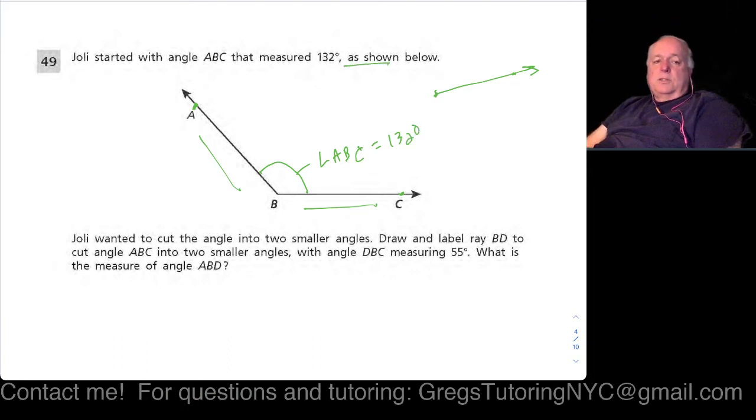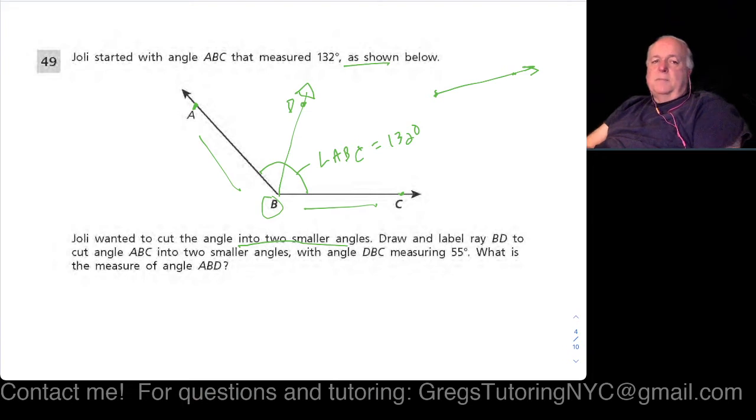Okay? Jolie wants to cut the angle into two smaller angles. So she's going to do something like that. Okay? Draw unlabeled ray BD, so it starts at B. So we would have a ray like that. You have to draw it, and D might be there. Okay? To cut angle ABC into two small parts with